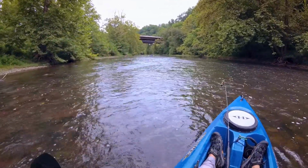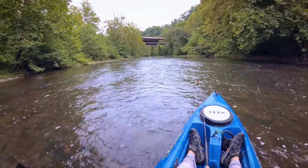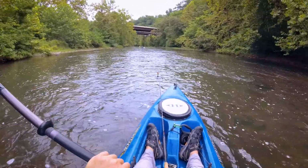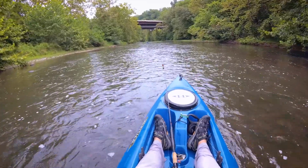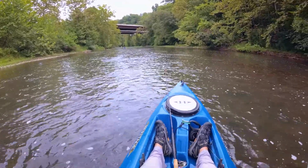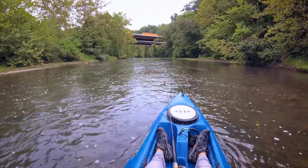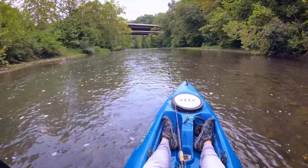So, as you can see, this is I-81, one of the biggest interstates on the East Coast. The other one I would say is 95. But I-81, what does it go all the way? I don't know. It comes out of Tennessee and goes all the way up to New York. I think maybe it ends at Syracuse, New York. Anyway,